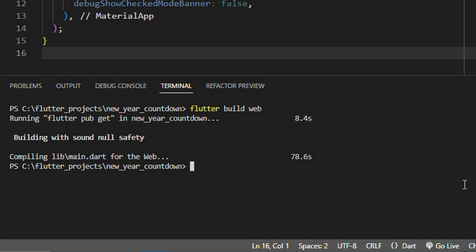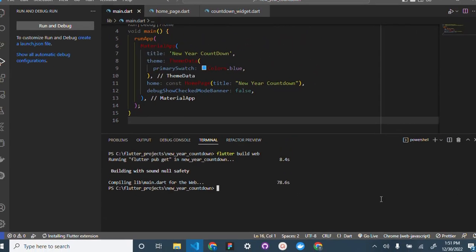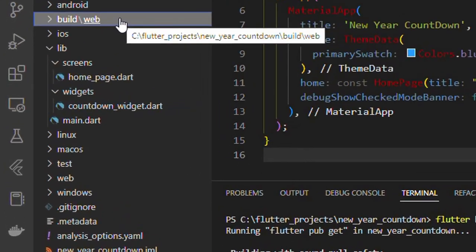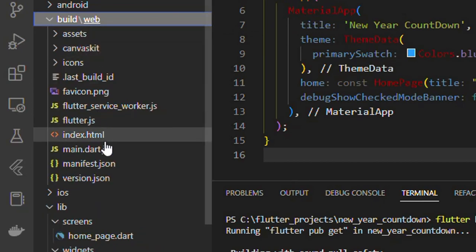So our application is now built, and if you check your file folder, there is this new build folder, and inside it we have a web folder, and these are basically the assets and the code files for our web